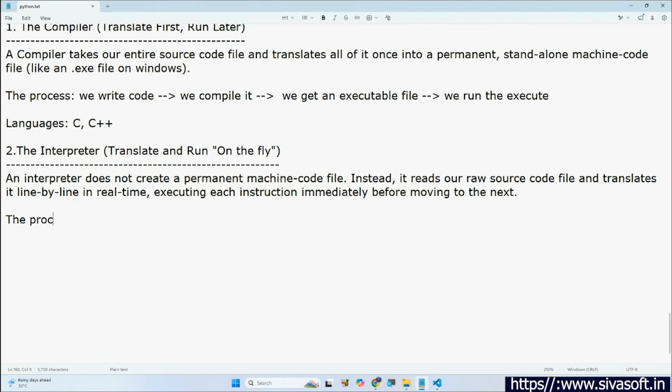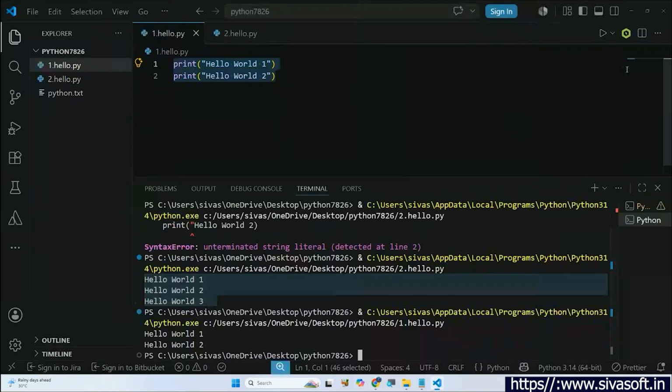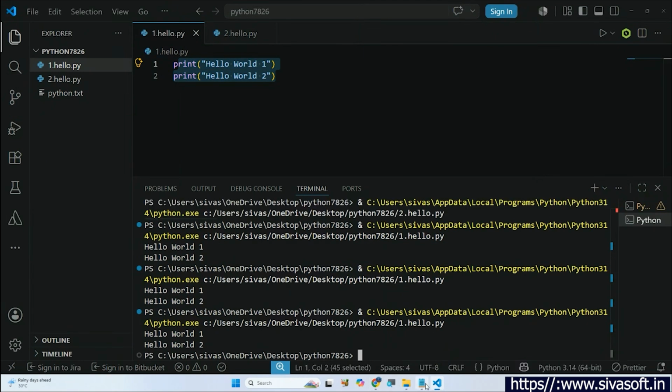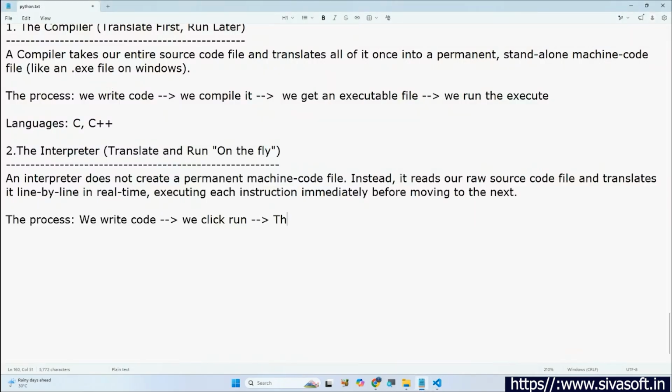The process. As usual, we write code, we click run. For example, see here. So we are going to click here, run. We wrote some code, we click run here. After clicking on run, this special software program called interpreter translates into low-level language, executes line by line,